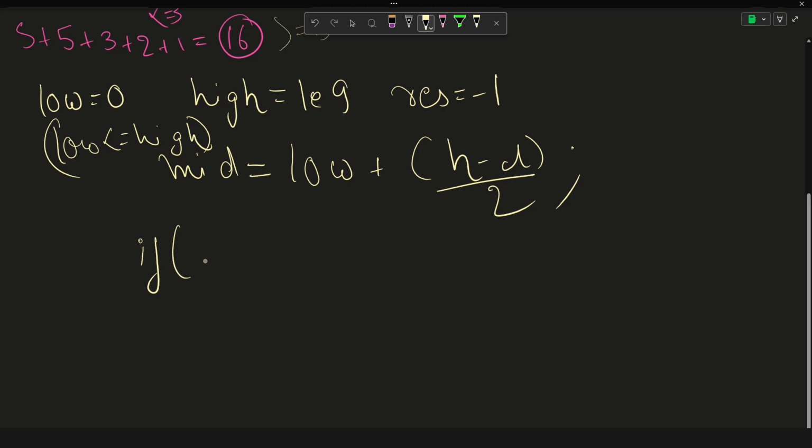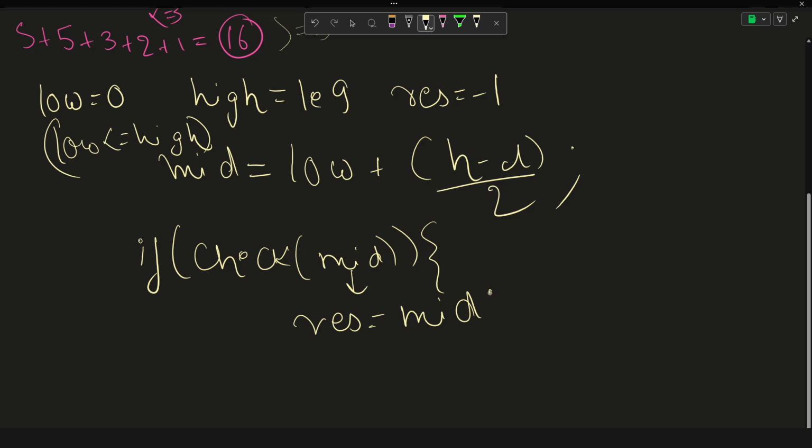So we will be checking if this mid value is okay. What does this mid value represent? It represents the cost of the tractor, right? So using this mid value, if we are able to visit more than half of the cells in Farmer John's field, then this is a valid answer. So we will update our result equal to this mid, and we wanted to minimize our answer, right? So we will shift our domain towards the lower side. So we'll set high to be equal to mid - 1,